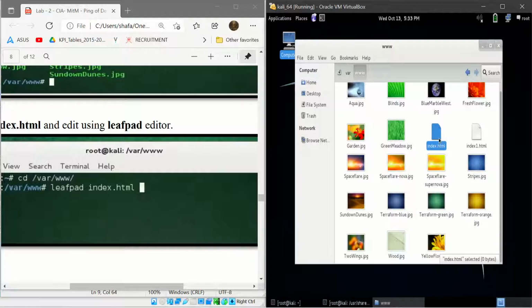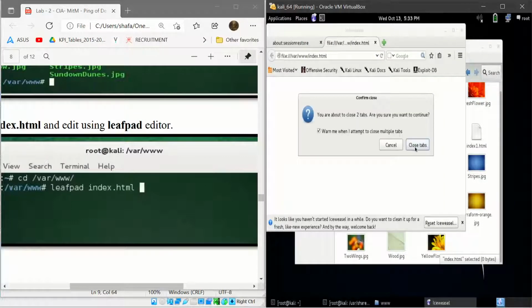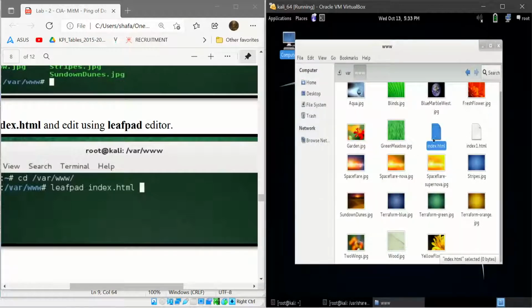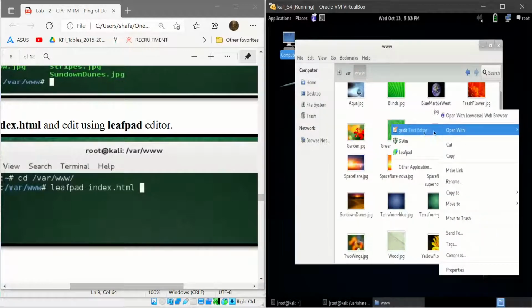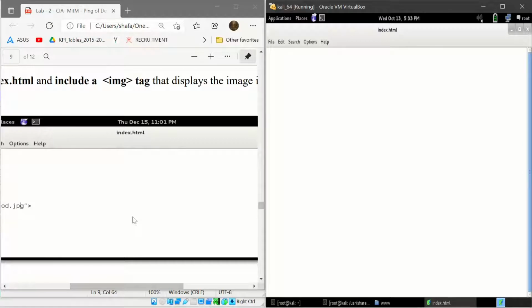Inside, double click, open. It will go to the browser, but we want to open with the help of file, open with leafpad, just to type the simple command.